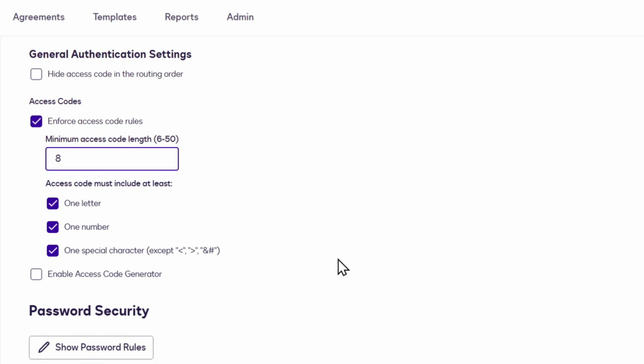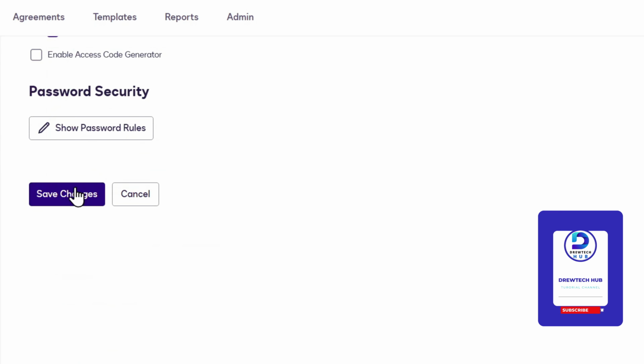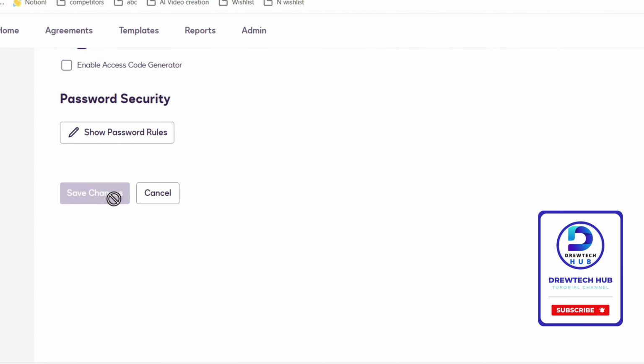And so if you want to go into this, you can quickly enable or enforce the access code rules here. Once you're done, just click on Save Changes at the bottom,